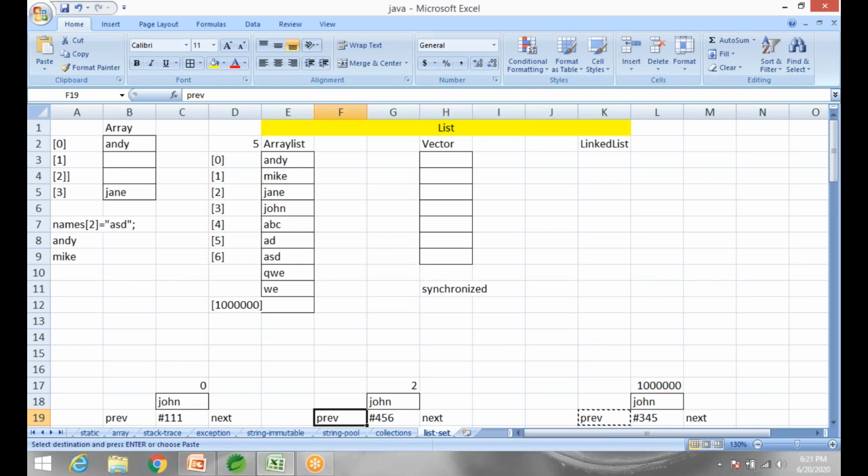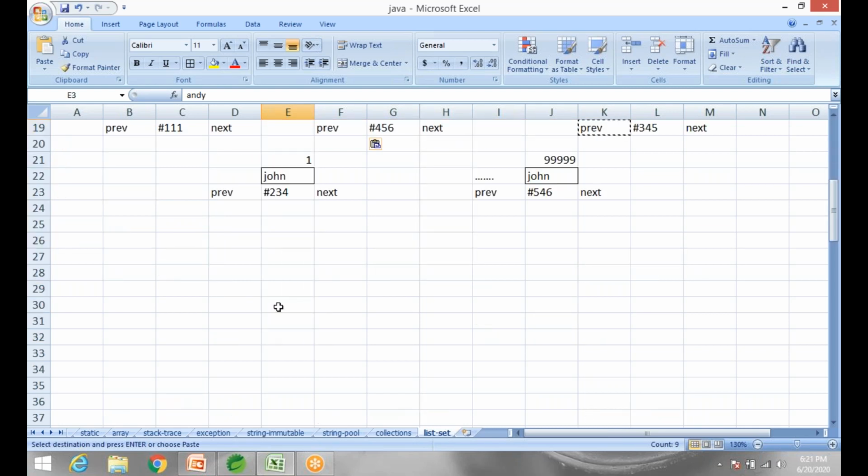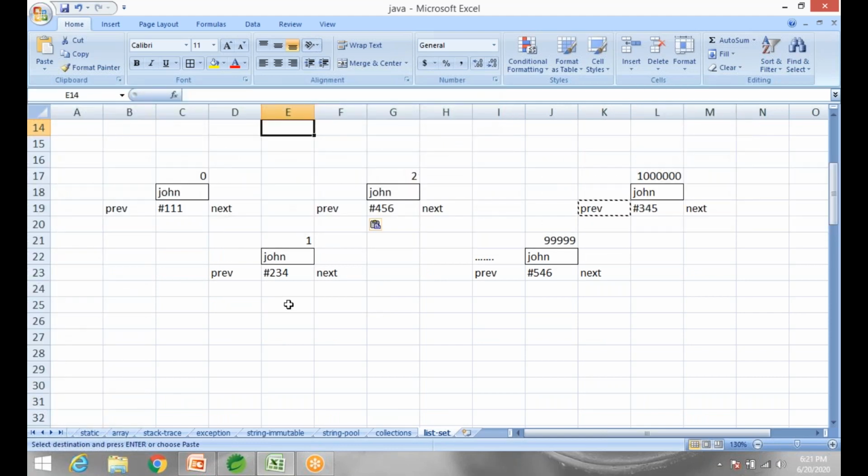Remember, ArrayList and Vector have a consecutive block like an array. First item, second item, third item, and so on. They are indexed and in a consecutive block. Whereas a linked list is scattered, and the only thing connecting them or holding them together are the links. Now the first item in the link, the first in the chain,